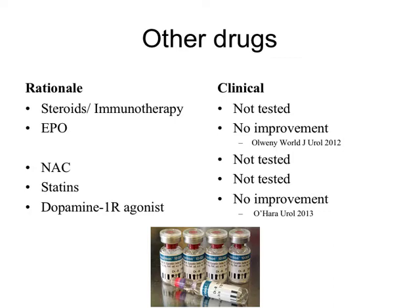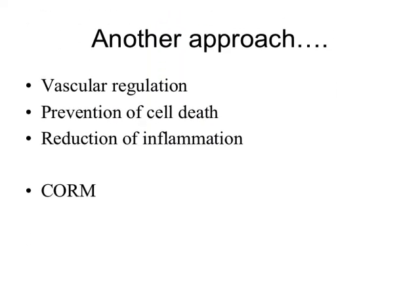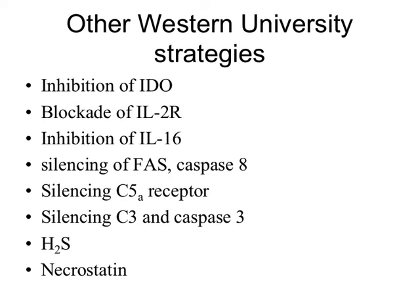And we'll talk a little bit about repurposing some of these drugs that are used for different reasons in IRI. So the approach, again, is vascular regulation, prevention of cell death, reduction of inflammation, using things like carbon monoxide releasing molecules. But at Western, there's a lot of other strategies. When Chris was there, they were looking at inhibition of IDO, interleukin inhibition, silencing of death pathways, and complements, and actually necrostatin is one that one of my colleagues is looking at right now. What he's trying to do is stop the pathway to necrosis, so it's pushing the death pathways towards a less inflammatory apoptotic one. So there's less of the DAMPs that are released in that. So a lot of different work in